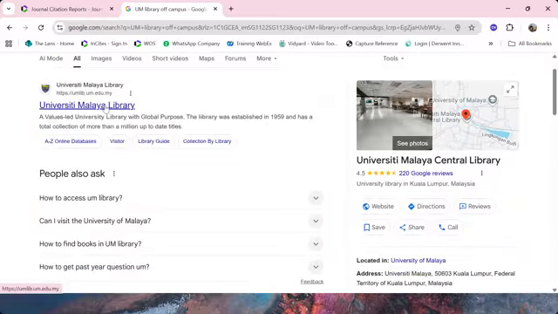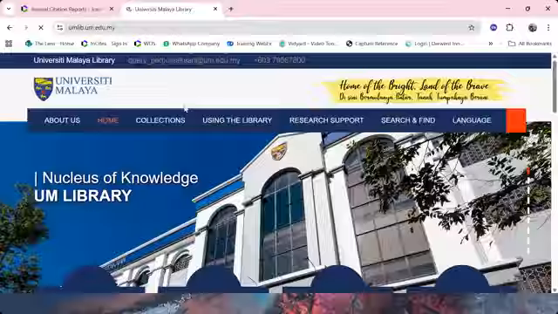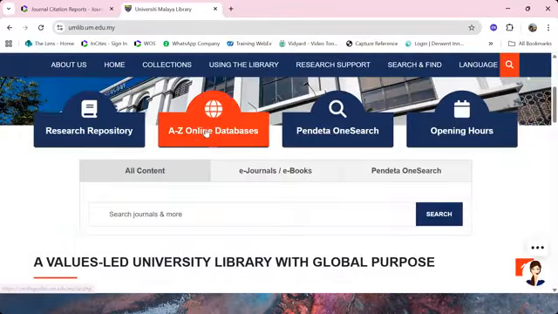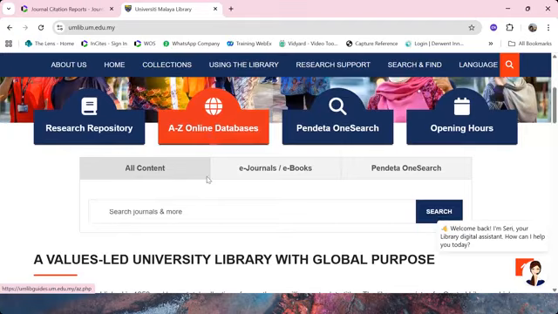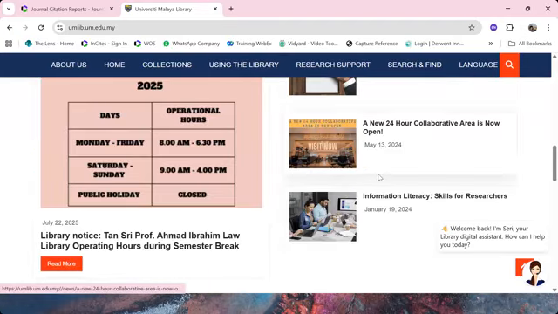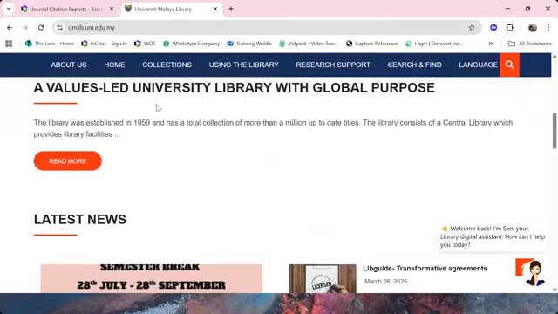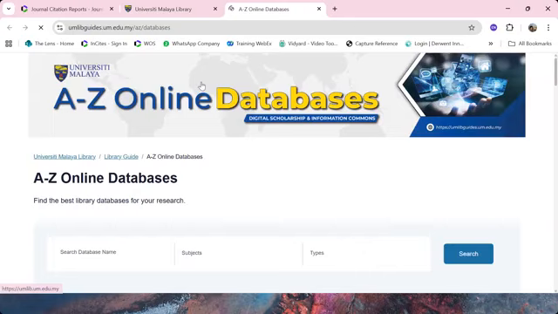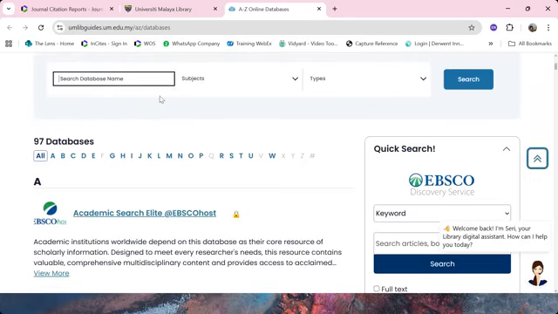Okay, so you can go to the UM library website and then you have the A to Z online databases. Just check with the library if you're off campus, which link you should follow. But if you're on campus, you can go to A to Z, search the database for journal citation reports.